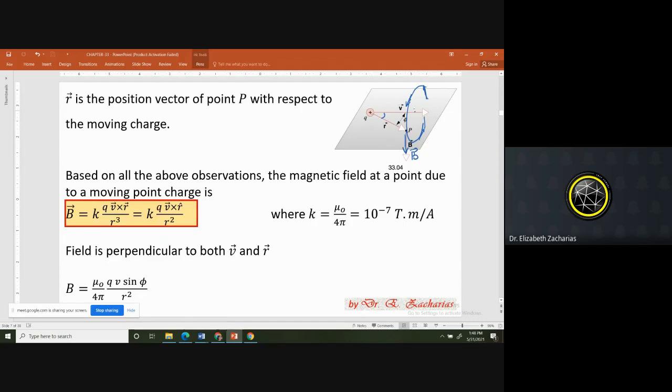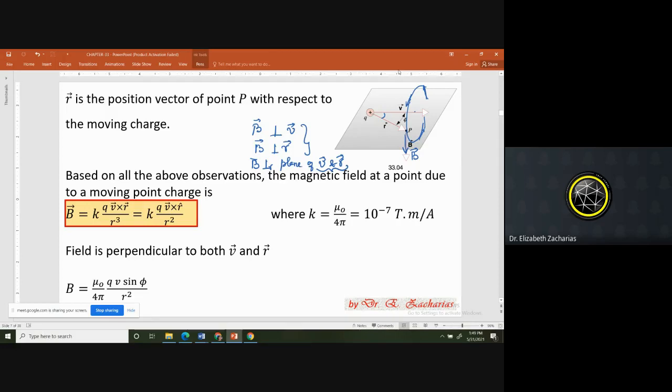And here, straight away from this picture, you are able to understand one thing. We are going to see that B is perpendicular to the V vector. B is perpendicular to the R vector. B is simultaneously perpendicular to the V vector and the R vector. Or you can say that B is perpendicular to the plane of V and R. Perpendicular to the plane of two vectors.